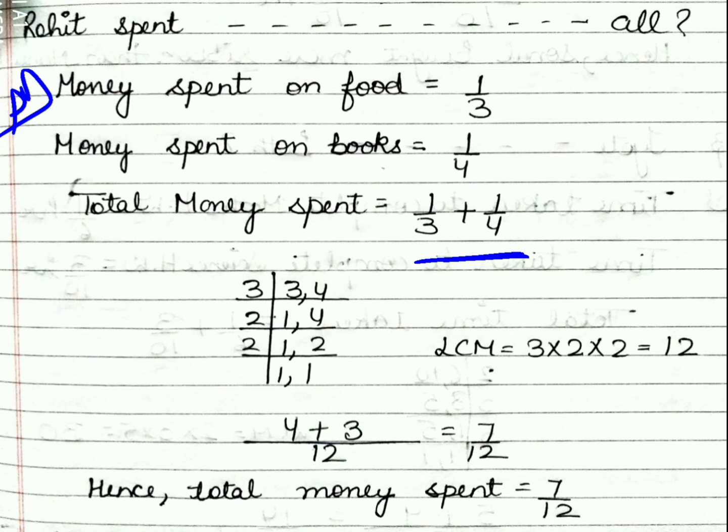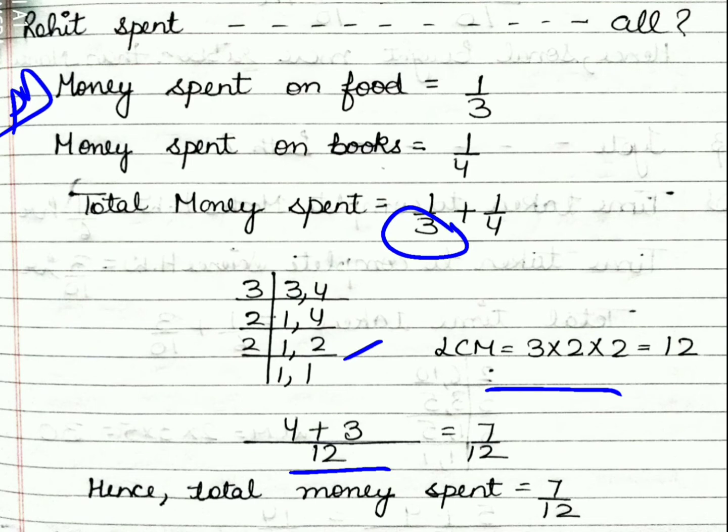Then you will see 4 comes in which table. Now everybody says ma'am, in the 4 table, but we will not take the 4 table because 4 is a composite number. We always take a prime number which does not come in any table. So we take a 2. 2 ones are 2, in the 2 table, 4 comes at 2 twos. So you write here 2. Again 2 comes in the 2 table, so you write 2 again. So the LCM will be 3 into 2 into 2, that is 12. Now you write down 12 over here. Now see this 3 and 12, because the denominator you have to divide.